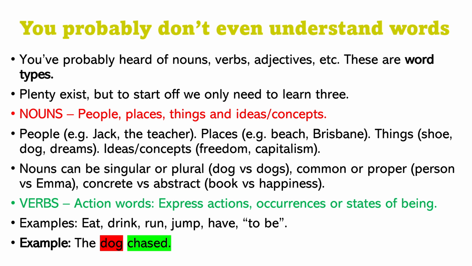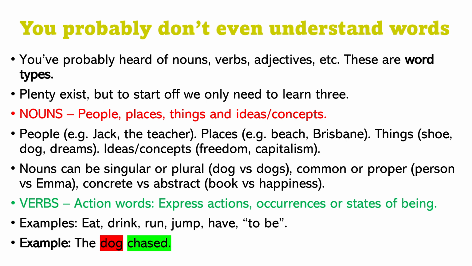So what we're going to talk about now is just basic word types, the basics to start you off. Do not panic, and don't click off because it's unfamiliar and it annoys you straight away. Just listen, and if you don't completely get the grip of this straight away, that is completely fine. You can watch this back, and you don't need to understand straight away. You will learn as you go. There are plenty of word types, maybe 8 to 10, but we're just going to learn 3 in this video.